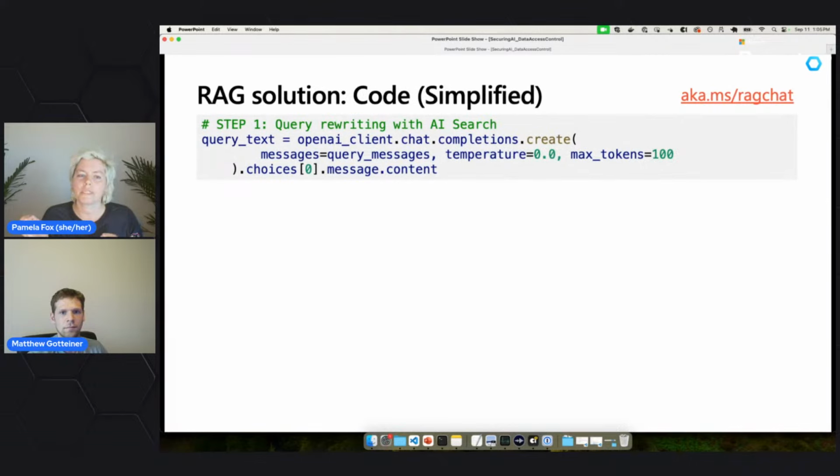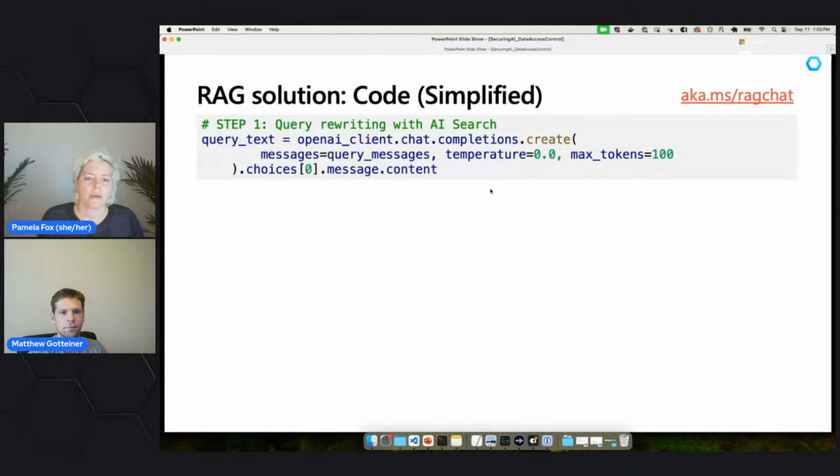And here is really basic Python code for a RAG with AI Search. I'm showing the basic code to start off with because our actual code in the repo is a lot more complex because it has a lot of features in it. It has to cover a lot of edge cases and stuff like this. But I want to show the basic code to help understand code that you might see later in this presentation, right?